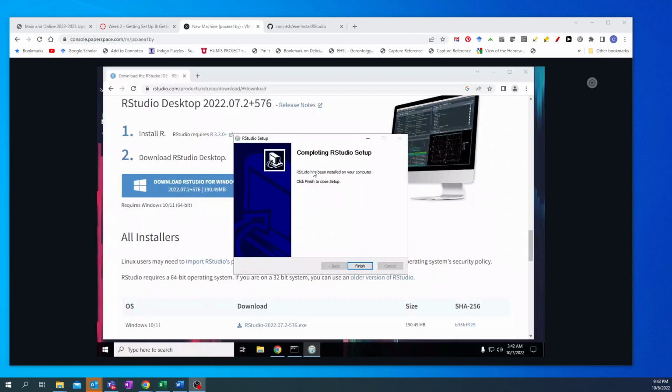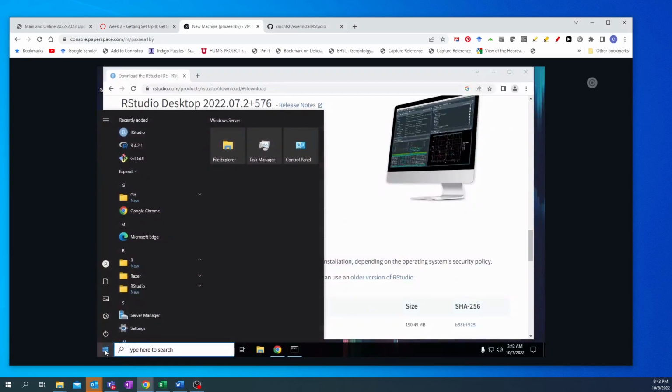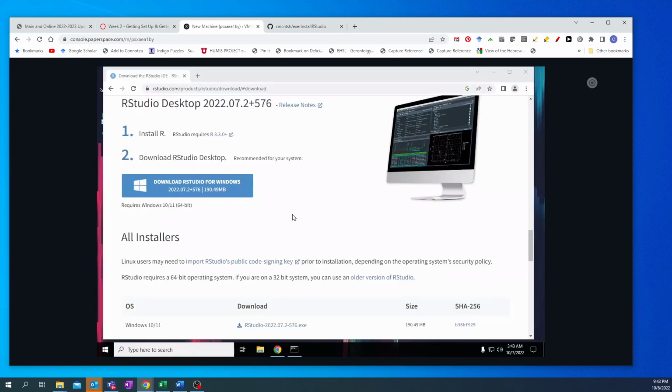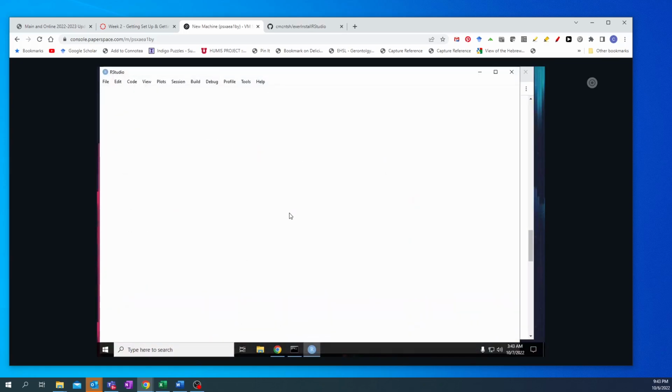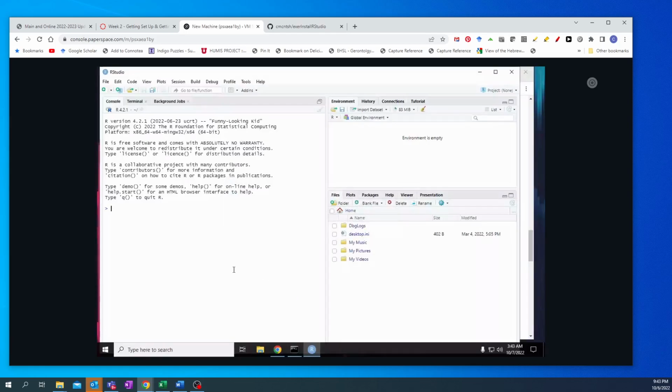Okay, once that is done installing, you can click Finish, and we should now see R on our computer, and we should also see RStudio, and I'm going to go ahead and run RStudio. And that's what RStudio should look like when it's installed. You do need to make sure that you install R before you install RStudio. And